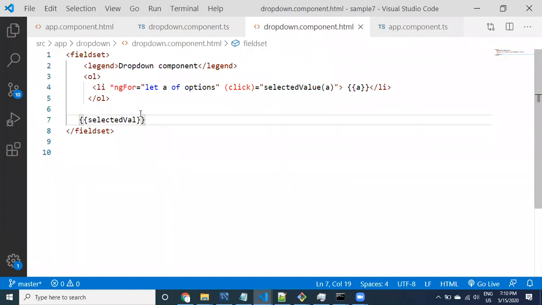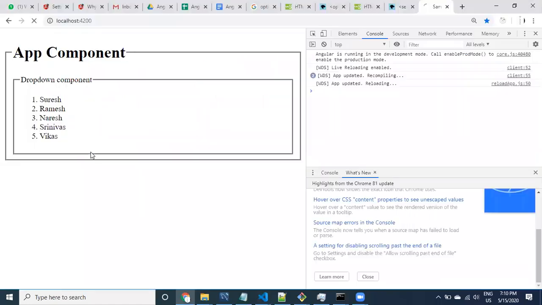You are sending the selected value to the component method. That component method is assigning to one property called selected value. So whenever the value got updated, automatically it is going to print here. You may take selected value.